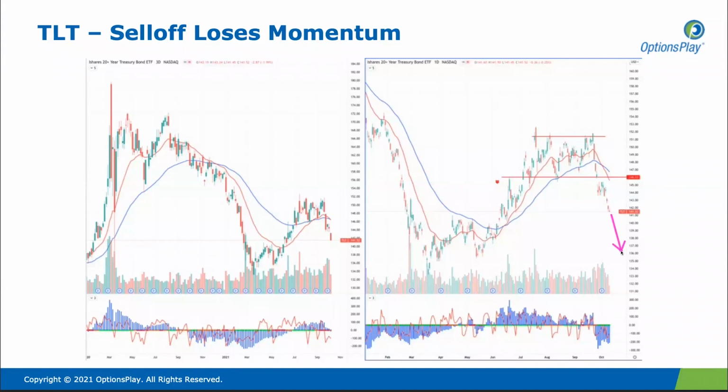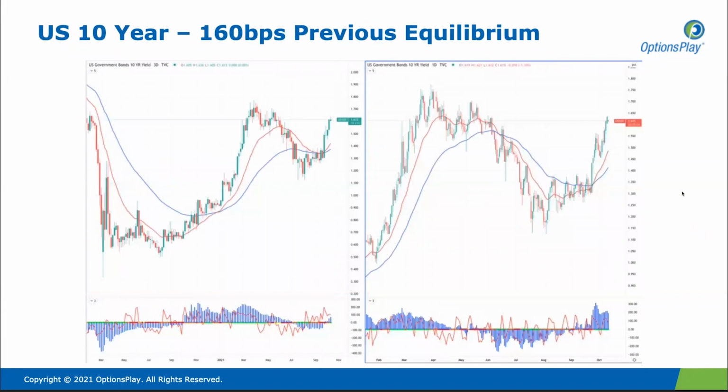Our expectation is that bonds will likely trade back down into the 135 levels, but it's starting to lose a little bit of momentum. As you can see, we've made a lower low, but we did not make a new lower low on momentum. So this is one that we expect to see a little bit more choppy, perhaps back into the 144 before it starts to move further lower. This is not one that we necessarily expect will just continue moving lower like this, because the sell-off is losing some momentum to the downside.